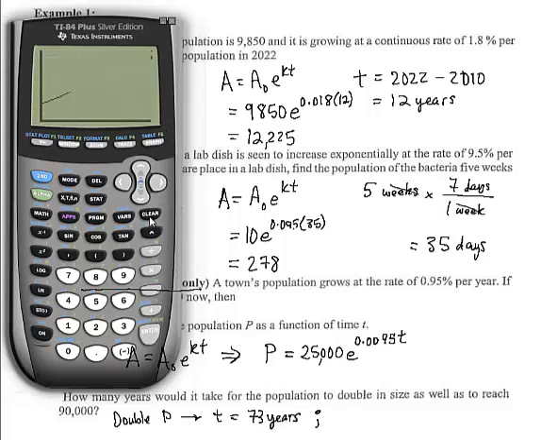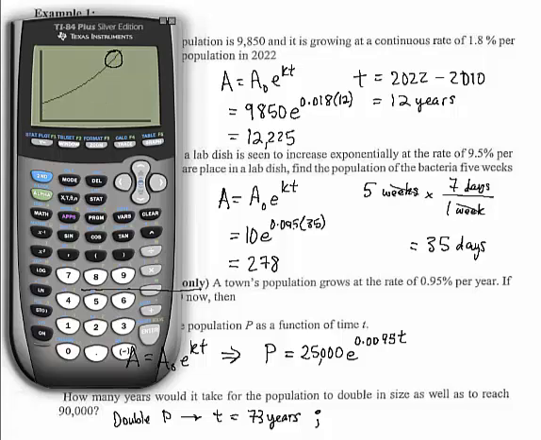Graph it again. And you can see that now we've shot up past the upper limit of our y-axis, which represents our population in this case. And the upper limit of our population from our window was Y max, and if you check the window of your calculator and if you use the same numbers that I did, we set that at 100,000. So somewhere around in this area we should be able to figure out the time it takes to reach a